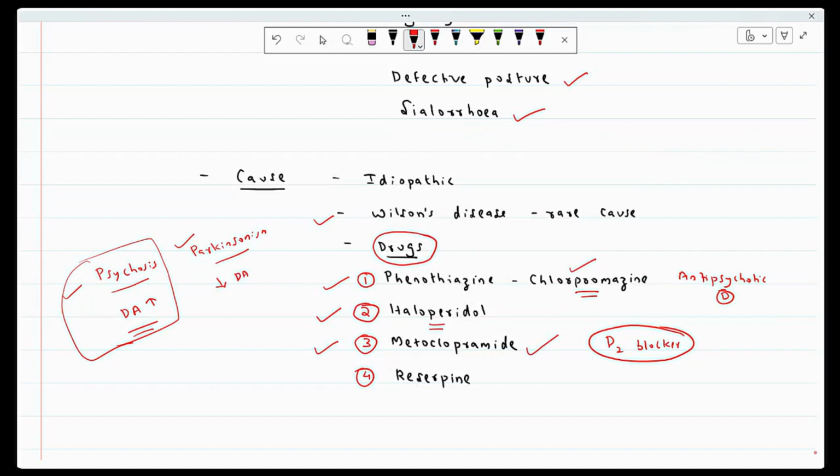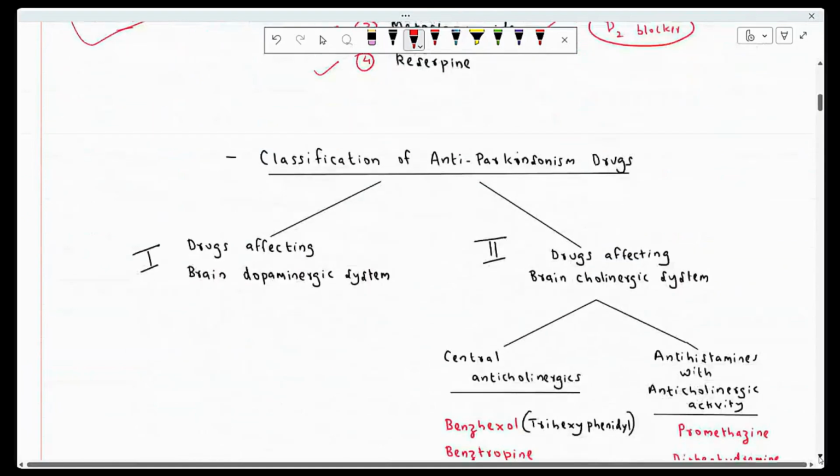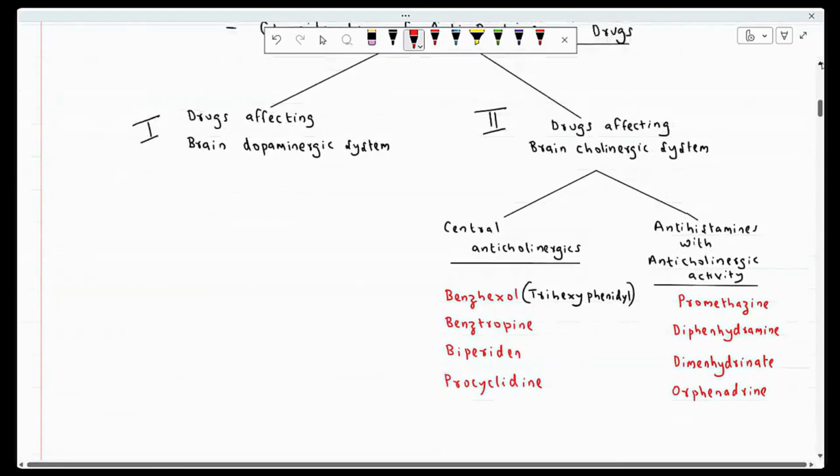Yes, D2 antagonists like metoclopramide and antihypertensive drugs like reserpine can cause Parkinsonism. Okay, so this question can come for the exam: which of the following drugs can cause Parkinsonism? All right. Now we'll move to the classification of